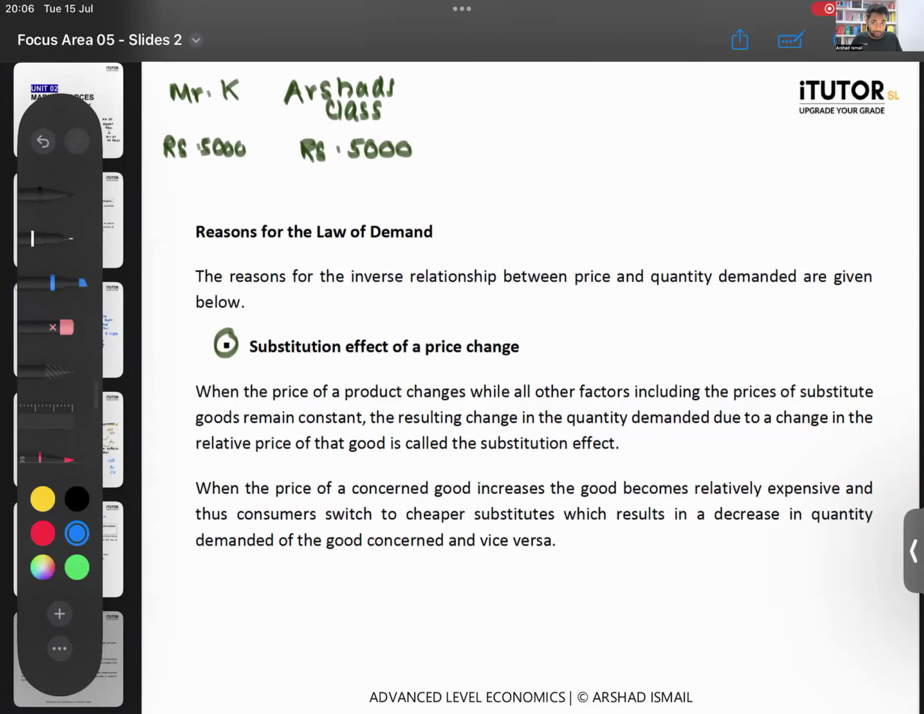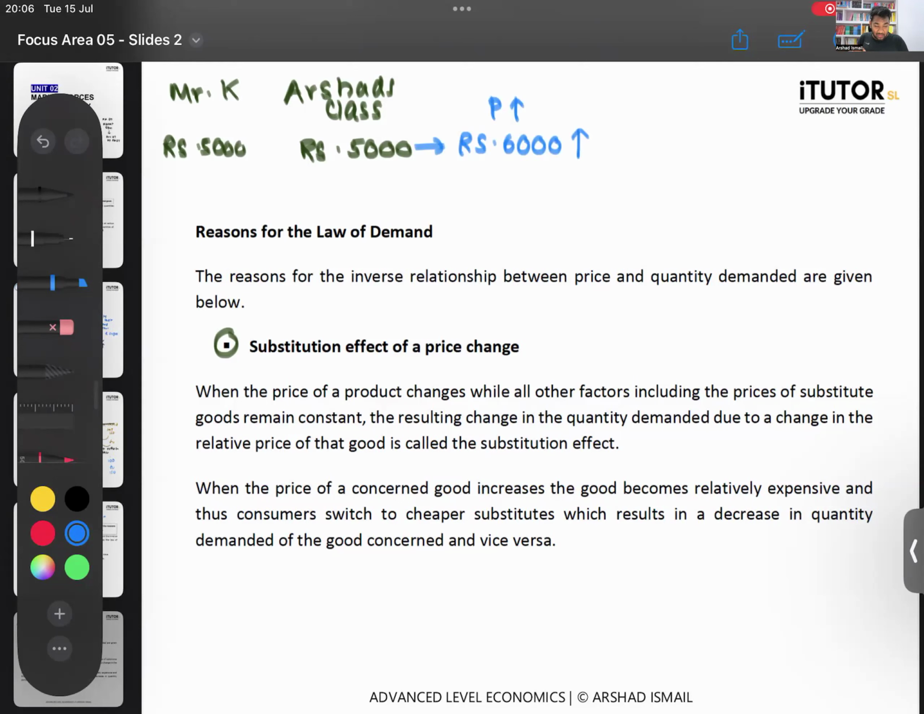Now let's say I decided to increase my class fees. What did I do? I decided my 5,000 is not enough. I am going to charge 6,000 rupees as my class fees. When I increase my class fees, now what did I do? I increased the price of my good. Now remember,